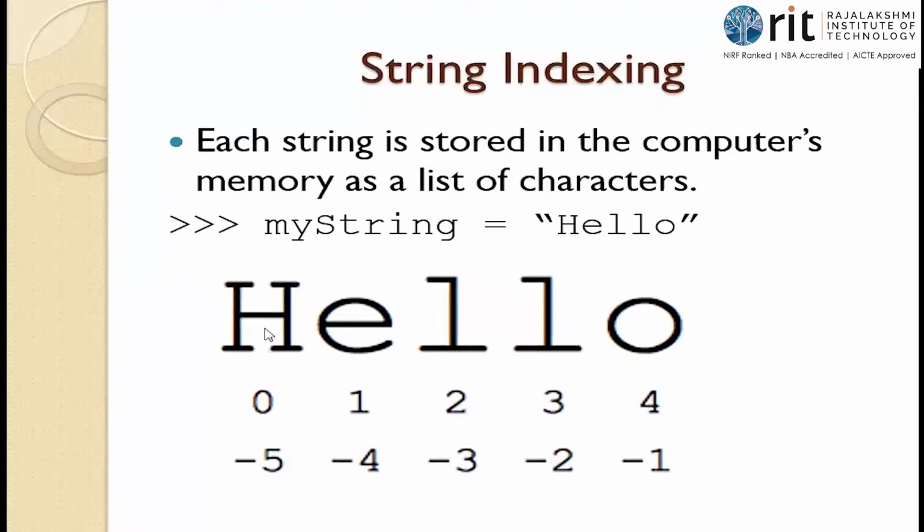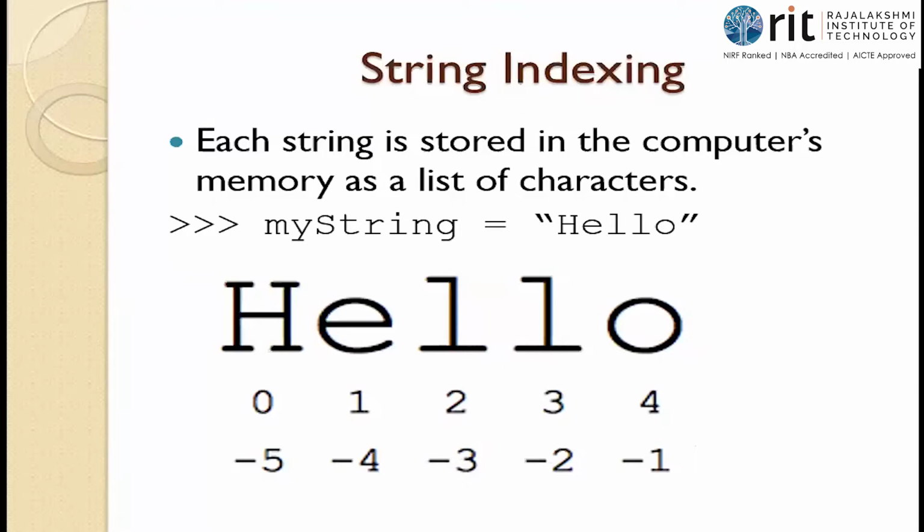So if you want to print E, how do you print that? We all know that E is present at index 1. So using our indexing value we can print that particular character alone. But negative indexing is also allowed in Python, unlike the other programming languages that you would have already learned. In negative indexing, you start from the right hand side and go towards the left hand side. The last character is O here. So that is -1. So negative indexing starts with -1 only.